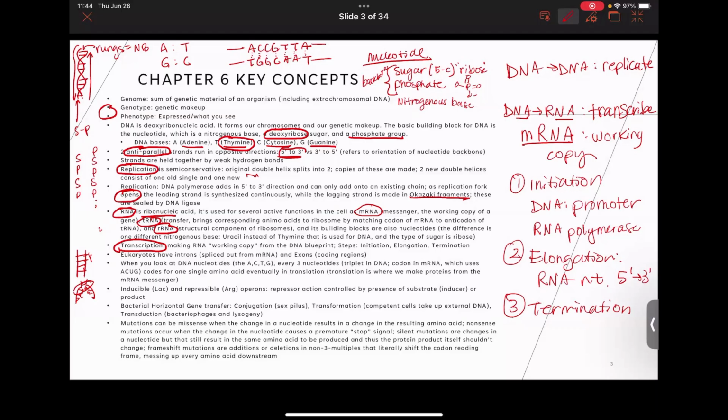Anyway, so that's transcription. The problem with eukaryotes, also because we're so complicated, is we also have extra bits in our DNA. So this all leads to our mRNA transcript. But our problem with eukaryotes